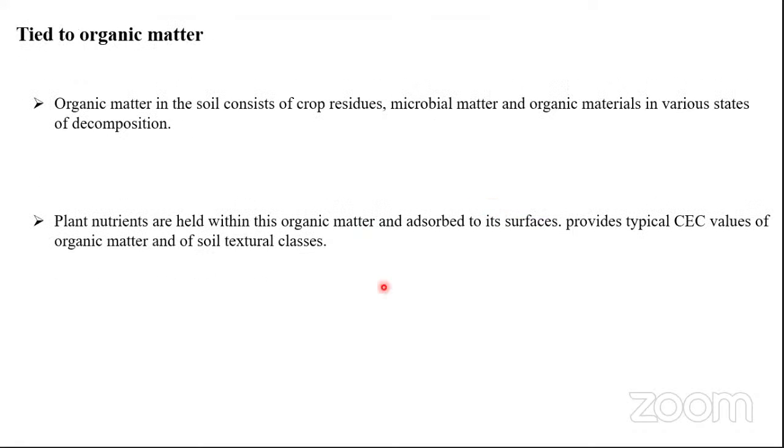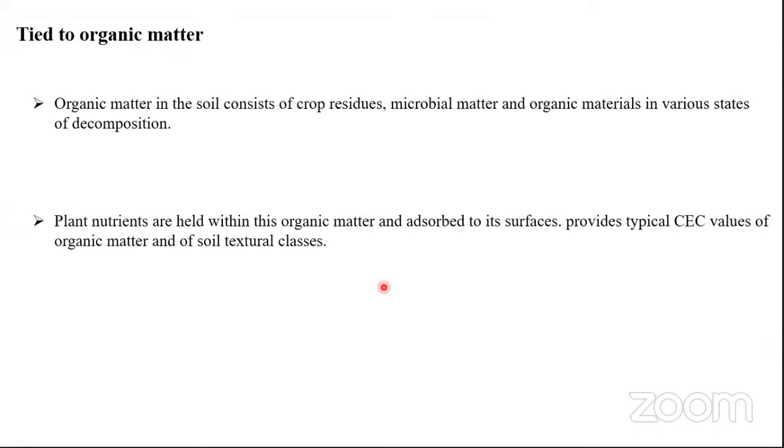Coming to the next slide, tied to the organic matter, students. Yes, students, this was very important. The fertility status of the fertilized or organic matter, or whatever the decomposed matter, crop residues, microbial matter, or organic matter in various decomposition positions also plays a major role in our fertility status. Because